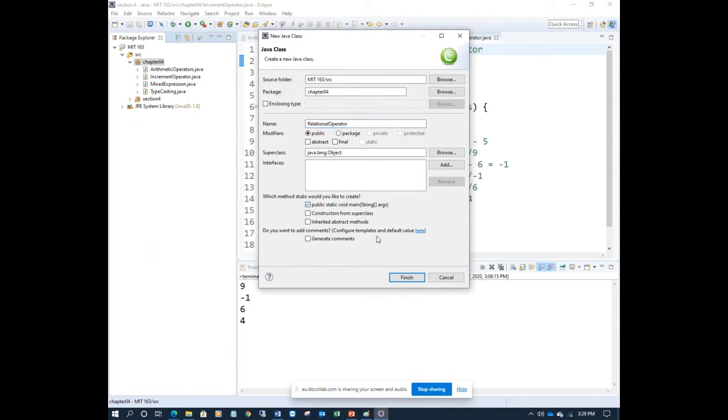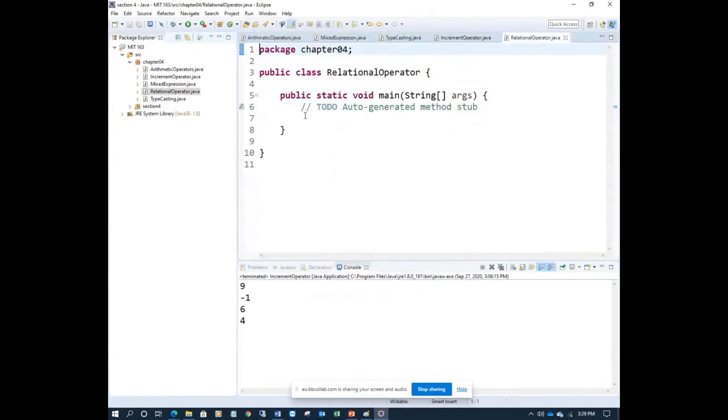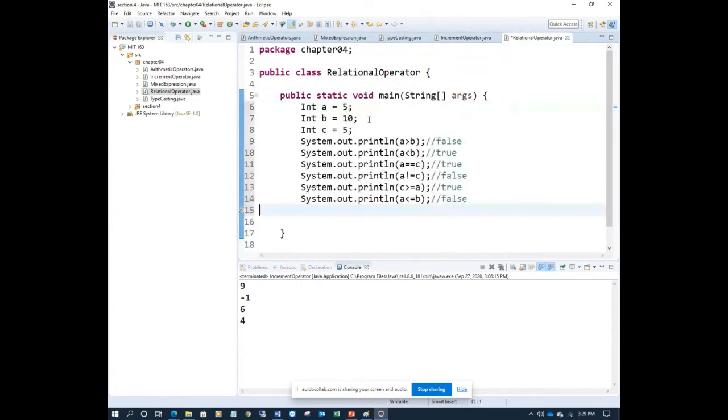Also very important from the exam point of view. Now let's see here. A equal to 5, B equal to 10, and C equal to 5 also, to demonstrate all the possibilities I'm writing here.